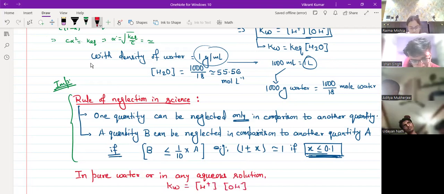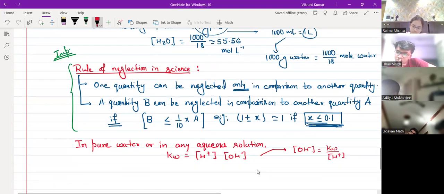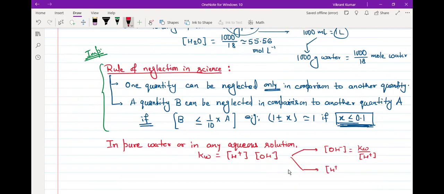So देखोगे आगे फ्यूचर में whenever we'll be having, मान लो OH minus का कंसंट्रेशन पता है ना, and if they are asking you H plus बताओ कितना होगा, I'll always be writing Kw upon OH minus is H plus. तो कभी भी फ्यूचर में if I am having H plus पता है, OH minus निकालना है, I'll write OH minus is Kw upon H plus. या पता है हमको OH माइनस पता है और H प्लस पता करना है, तो आई राइट KW अपॉन OH माइनस विल गिव यू H प्लस. ये हमेशा हम लोग यूज करेंगे इन फ्यूचर इन एनी एक्वस सॉल्यूशन, विल ऑलवेज यूज दिस वन.